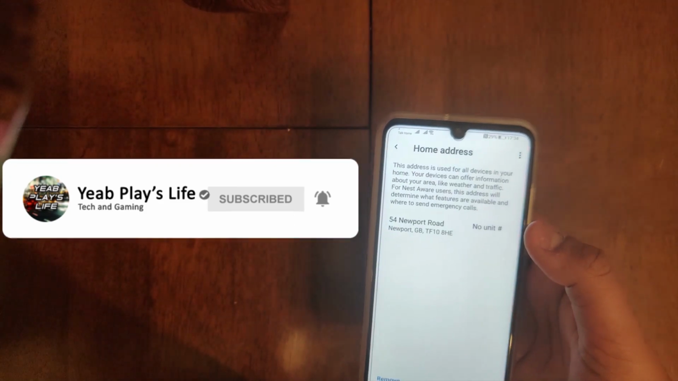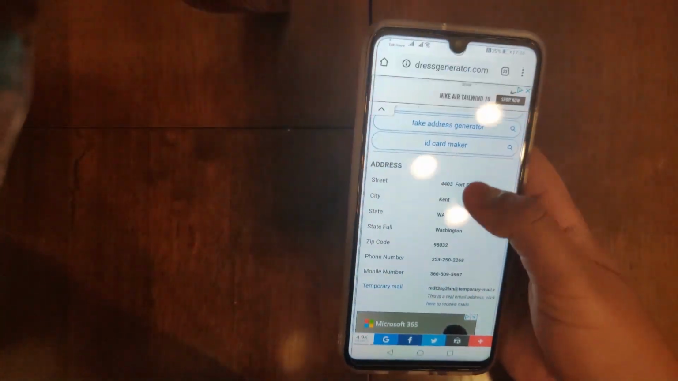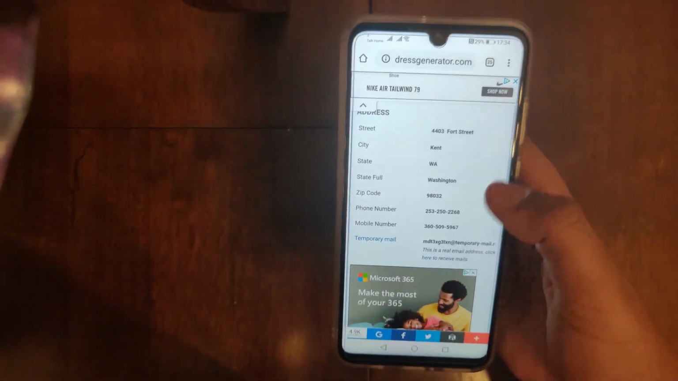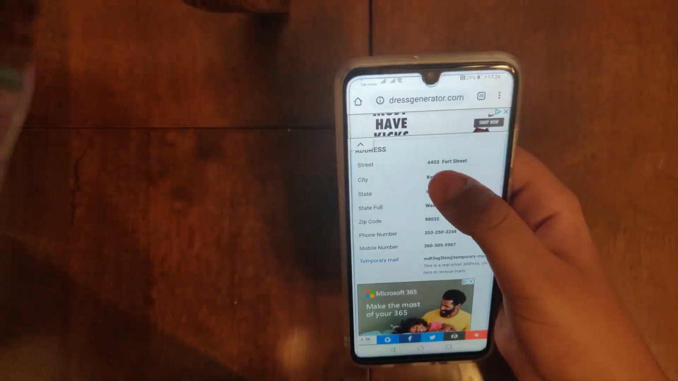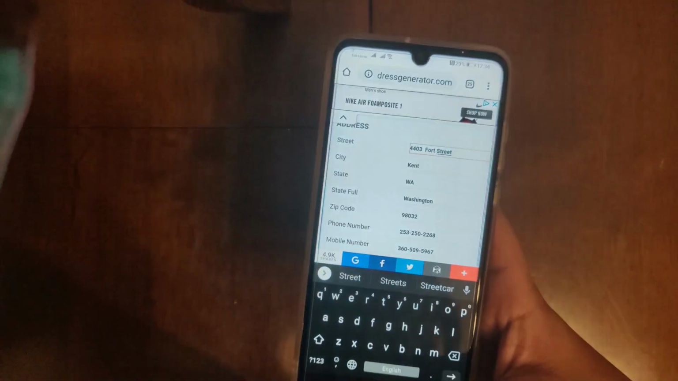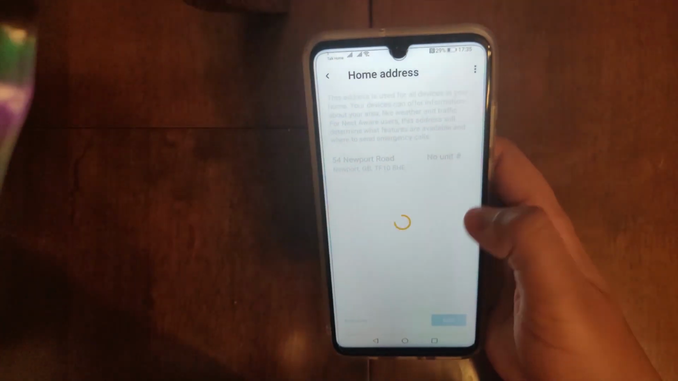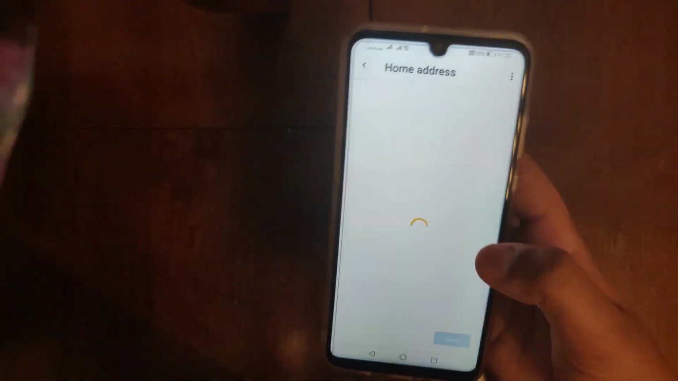But we're going to use the same thing, but instead of doing a UK address, we're going to do an American address. So go into Chrome and just search up US address generator, and then what you want to do is copy the street, at least the street. Then you're going to go into home, click remove on your current address. You can always add it back later. Click add home address,